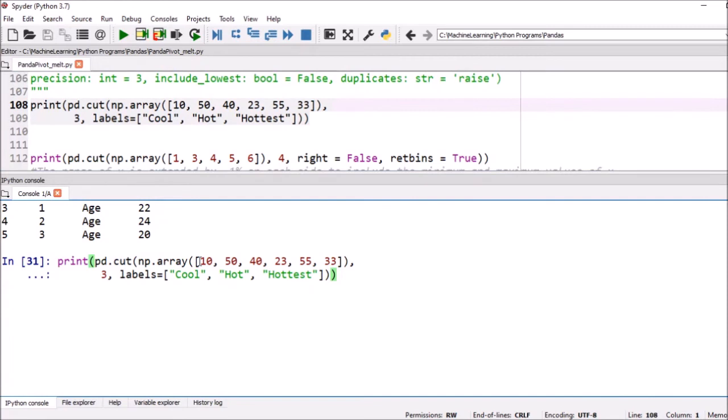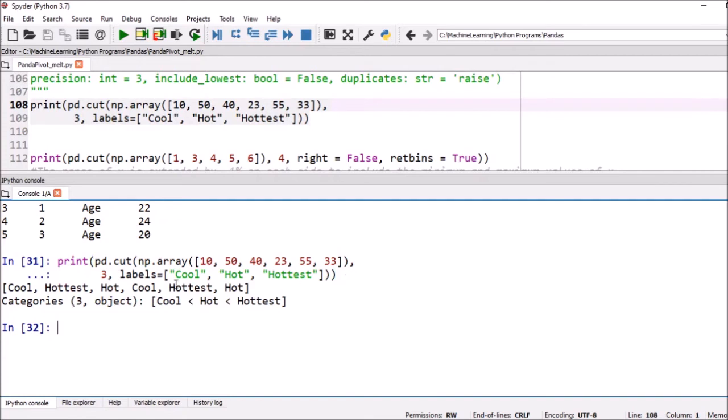Here the continuous variables are 10, 50, 40, 23, 55, 33. Now we need three labels. The levels would be coolest, cool, hot and hottest. So 10 should be cool, 50 should be hottest, 40 should be hot, 23 should be coolest, 55 hottest, 33 hot and so on.